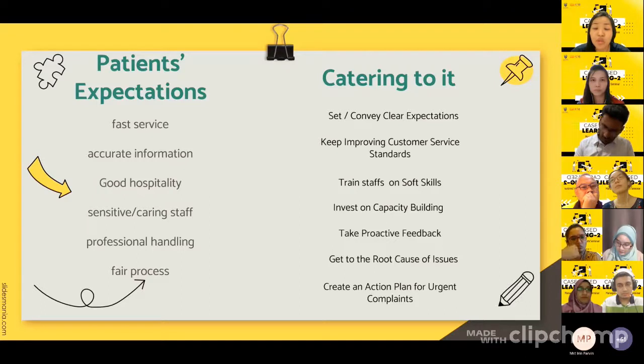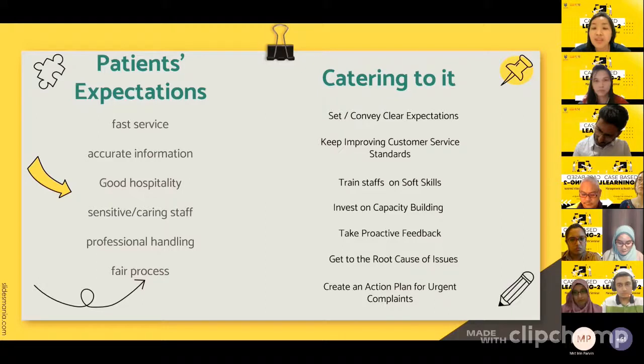What can we do? It includes, firstly, set or convey clear expectations. Clearly communicate aspects such as organization service quality standards, like making the clients' charter visible so that patients know what to expect, for example, our waiting time. Secondly, keep improving customer service standards by reviewing our clients' charter targets and act on the outcome or feedback gained from the client